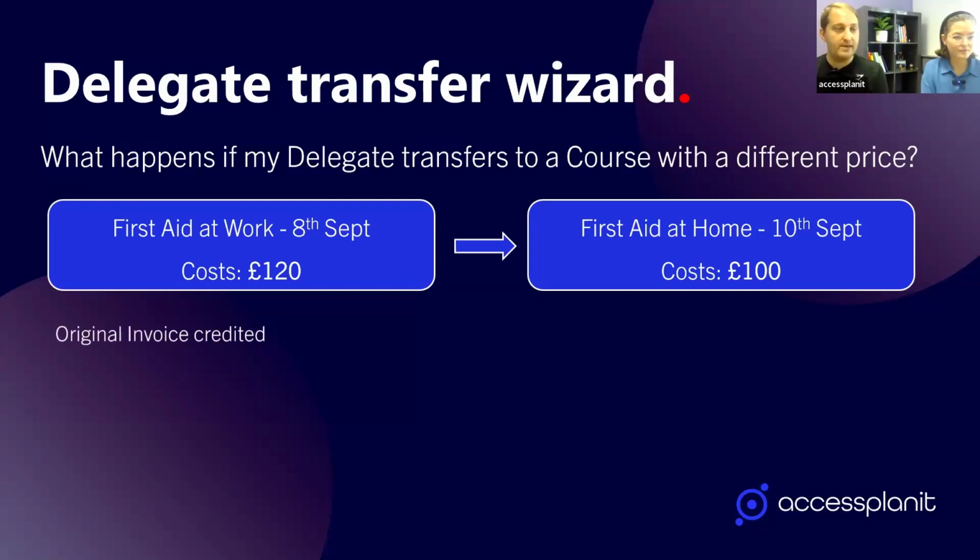Their original invoice will be completed and credited for this delegate. We're not expecting any payments for this. So in this case, a credit note for £120 will be assigned to the invoice. A brand new invoice will be created for the First Aid at Home course. This is going to contain the delegate on their new course, so the £100 cost, plus any transfer fees that